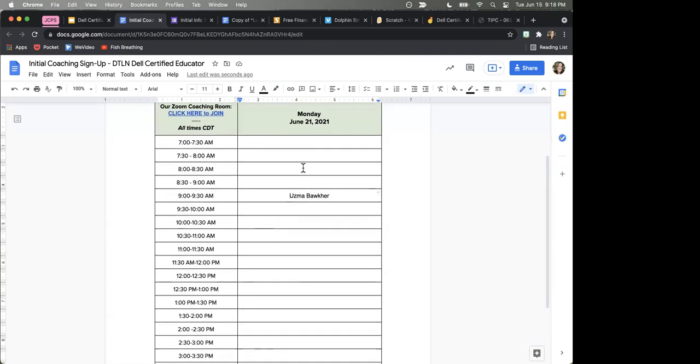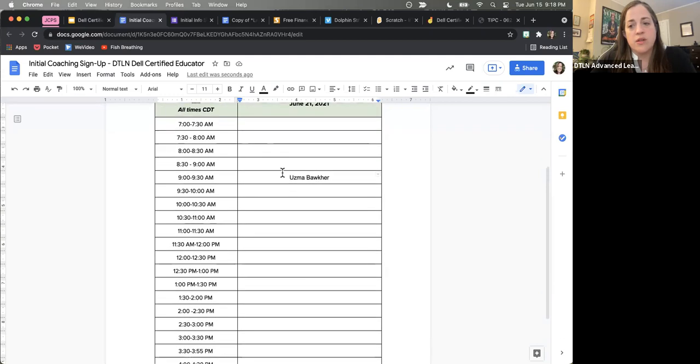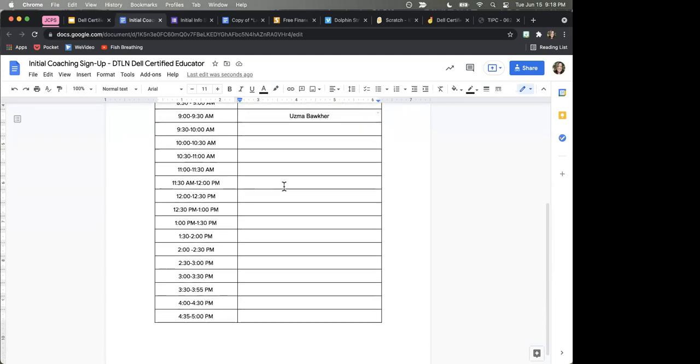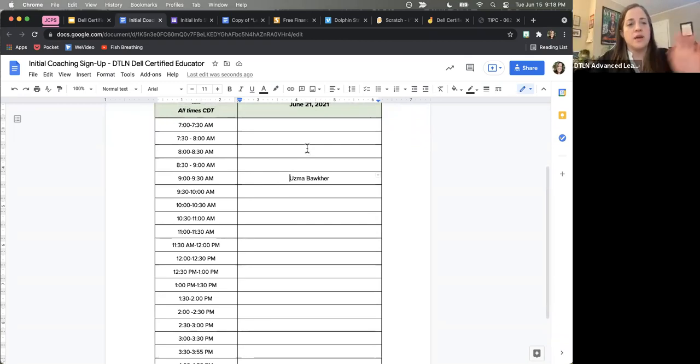Anybody else want to slot just while I have this document open? Jamila, do you want anything, or Rosalind? I'm gonna actually check my calendar and everything, and I'll just go ahead and put it in there for you. That's fine. Again, it's in the slides, and I'll send them back out. Rosalind, if you're around and there's a time you want, let me know.